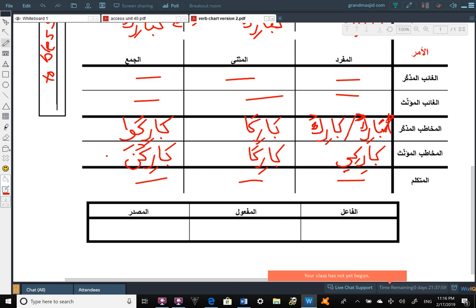That is your fil amr, your command verb. As for your fa'il, then it is mubarak. Mubarakun. As for your maf'ul, it's the opposite of this kasra, the same thing that we did on form 2. And we're going to see this go throughout these forms. That the kasra is on the fa'il and the maf'ul gets a fatha. So we say mubarak.